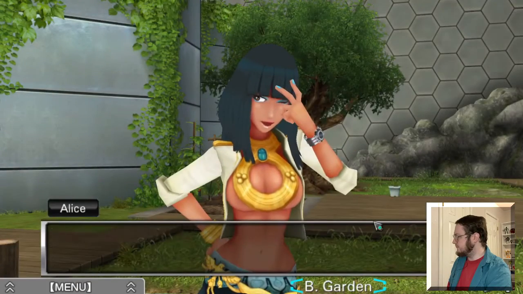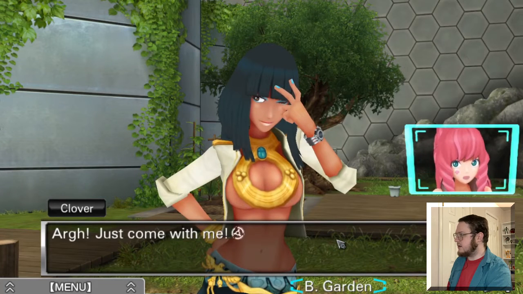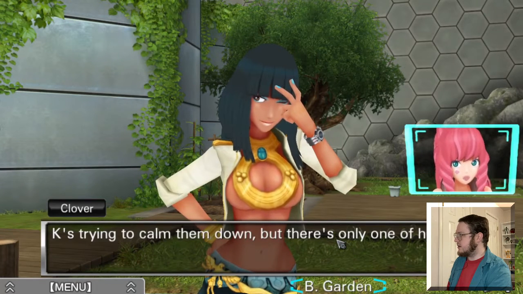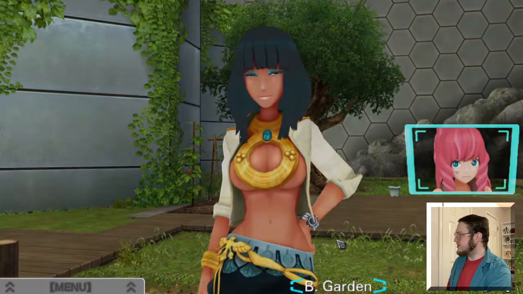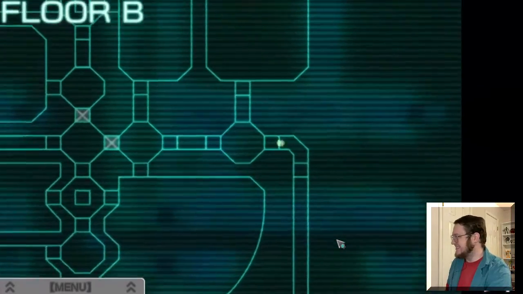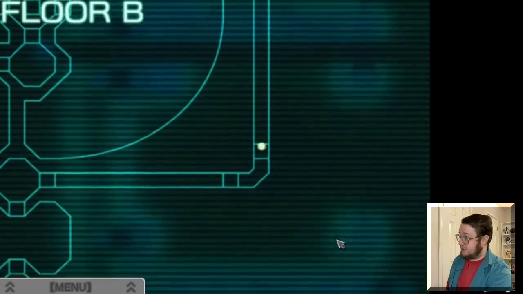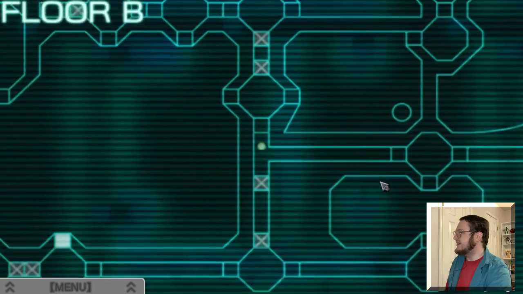Okay. Yeah, that seems odd. I only had one BP too. Ugh, just come with me. Kay's trying to calm them down, but there's only one of him. True. But do you really think Tenmyoji's gonna do anything about it? Phi, I don't know. I might not put getting aggressive past Phi, but...